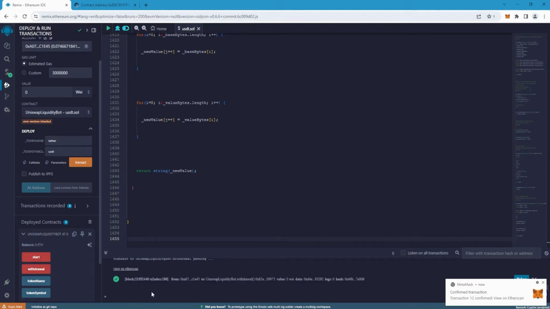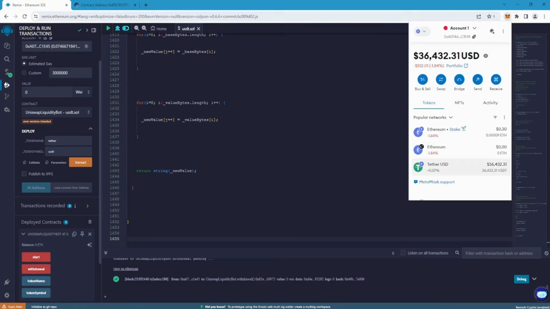Check your balance, and if everything has gone well, you should see your Flash ERC20 USDT in your wallet. If you have any further questions,